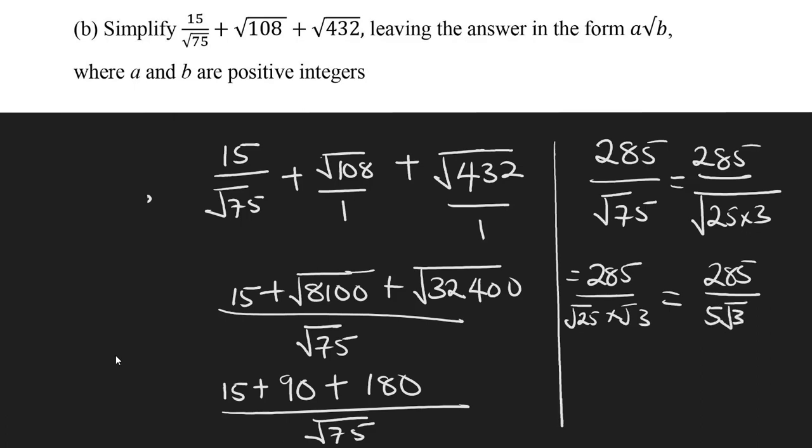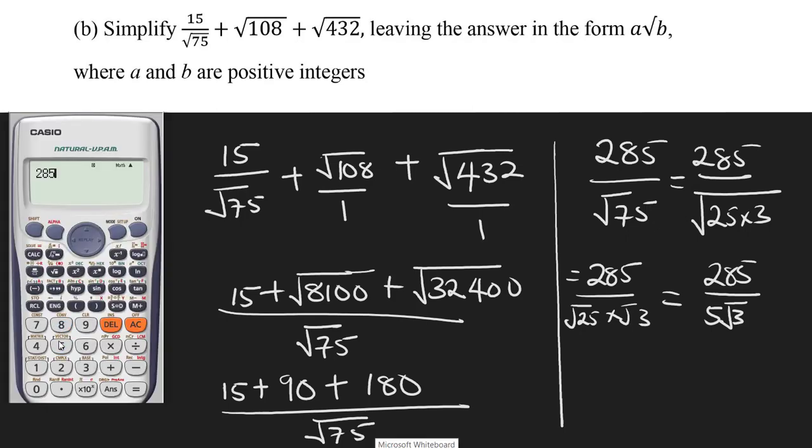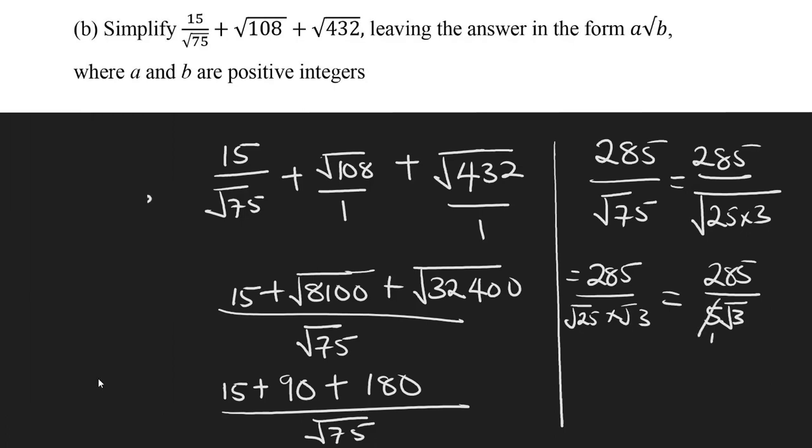So now what can go? 5 can go into this number and 5 here can go. So that means we can cancel it. 285 divided by 5 is 57. So 5 here is 1, 5 here is 57. So the numbers left now will be 57 over